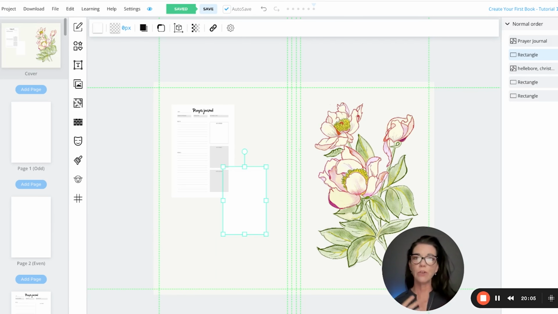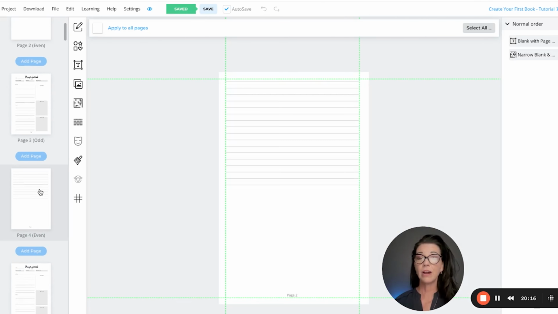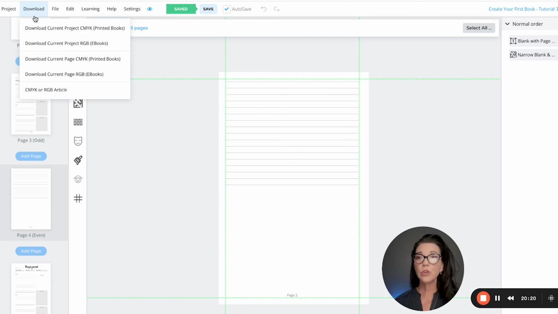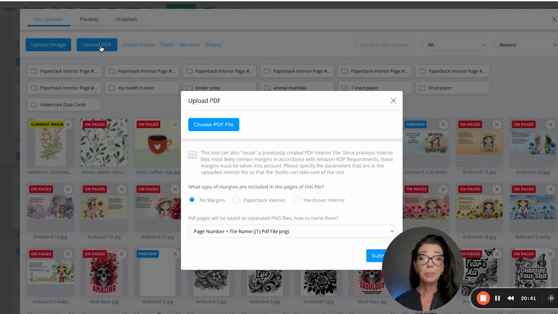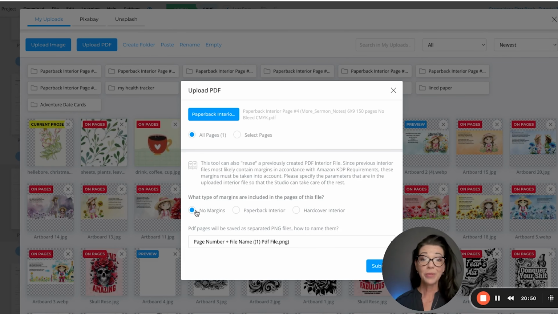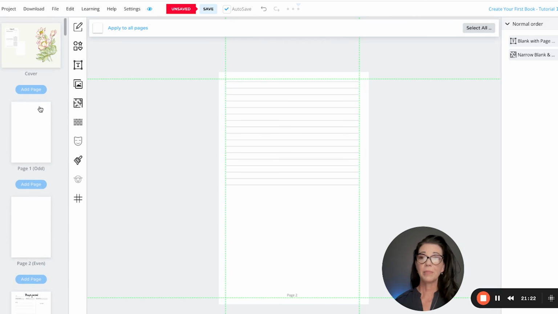Let me show you a different way to do this if you come across an issue and you need to show more examples on the back page, but that template maybe isn't quite working. I'm going to come here and click on the page that I want to show an example of. When I come here to download, I'm just going to download a current page. Now I'm going to upload it. Click Upload PDF. Remember, there were no margins. I just want it on a select page. Now I'm going to come back up here to the cover,